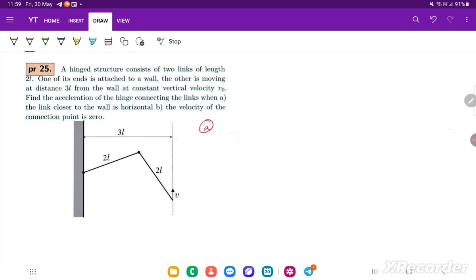So let me start with the part A. So in part A, we are supposed to find the acceleration of the hinge point when this left rod or this left link is horizontal. Like this. And so right rod will be something like this,